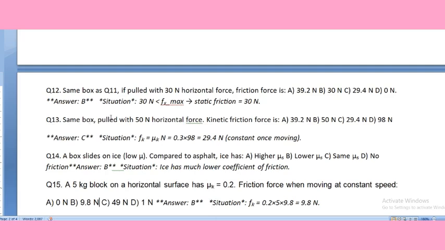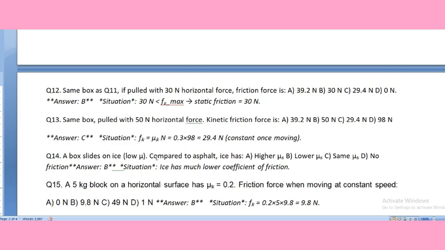The next question, question number 13. Same box pulled with a 15 Newton horizontal force, the kinetic friction force is: choice A, 39.2 Newton; choice B, 50 Newton; choice C, 29.4 Newton; choice D, 98 Newton. So when we come to the correct answer for this question, the force of kinetic friction is equal to